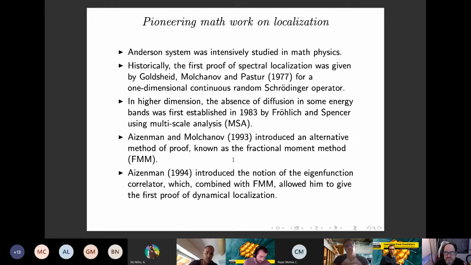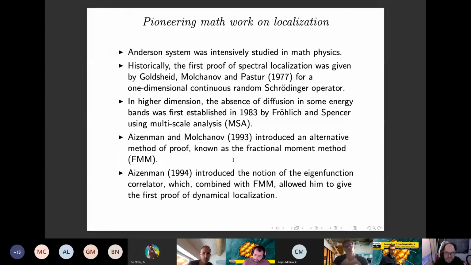So let me, in one slide, just flash previous pioneering work on localization. First, probably the first result that is really about localization was due to Goldsheid, Molchanov, and Pastur in '77, and they considered a very special one-dimensional continuous random Schrödinger operator. And in higher dimension,